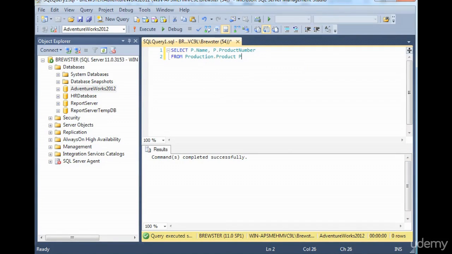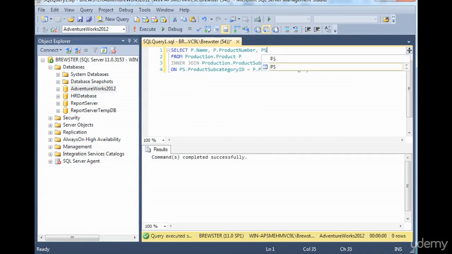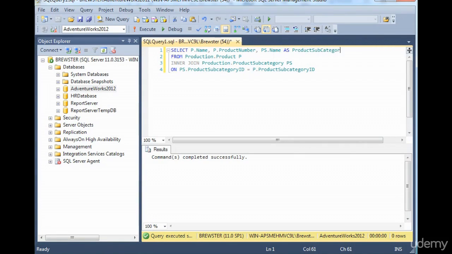Again, this represents the name column from P, or production.product, and the product number column from P. Now in the previous example, production.product subcategory, we called that PS, and we joined on the product subcategory ID columns in both tables. And then I'm going to add in the name column from production.product subcategory, or PS, and we'll give it an alias, product subcategory name. Now when I execute this,